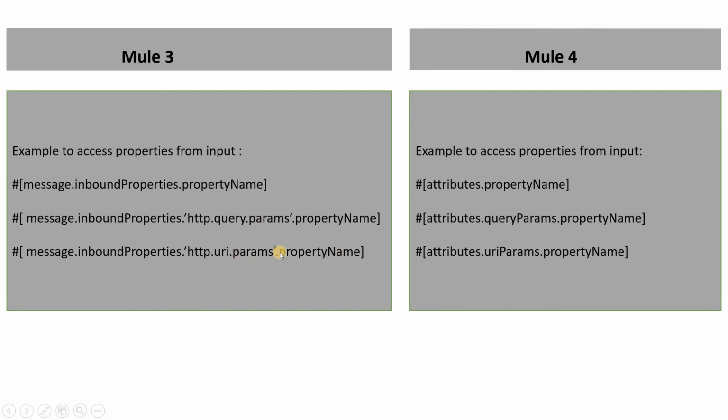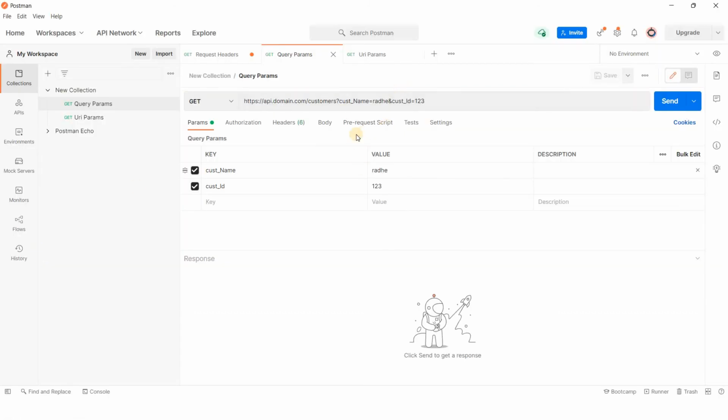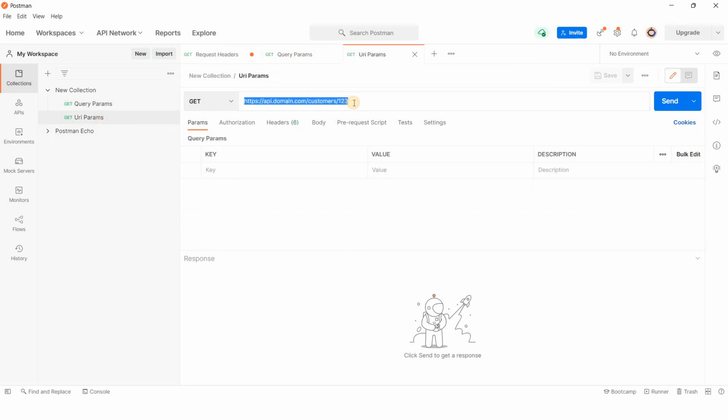For URI parameters, you can configure message.inboundProperties.'http.uri.params'.propertyName. Let me show where that URI is. This is your URI part.